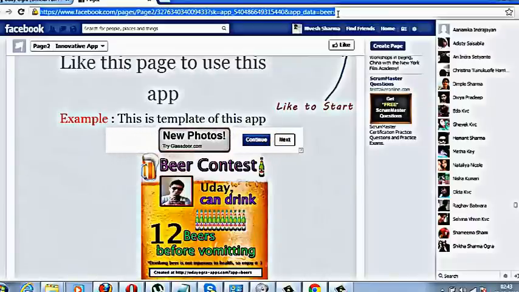Now the main thing is how to share these links. As you know, in Facebook, if you share a link, it will get very few impressions as compared to sharing a photo or any image. So the best way of sharing the app link is to upload the app image and put this link as a caption. I will show an example.